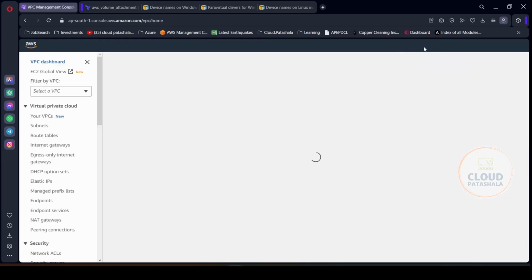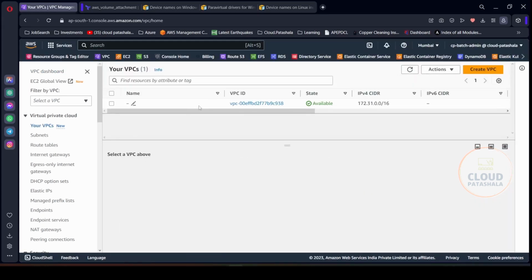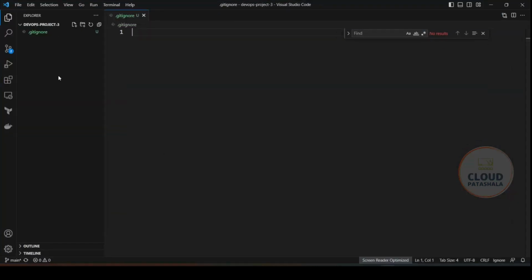So I would be using AP South 1, that is the Mumbai region, for this demo, and I already have a VPC with me. So this is the default VPC at which I would be creating my stuff. So the first thing that we would be doing is